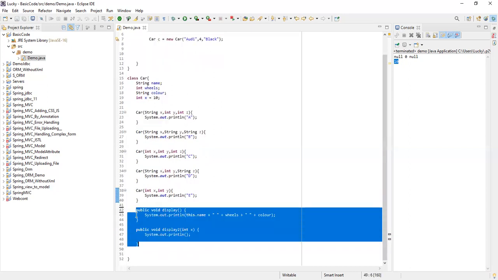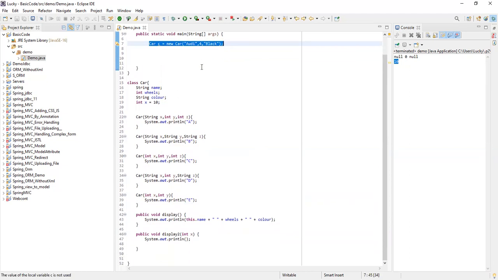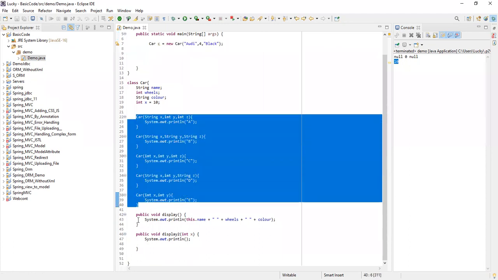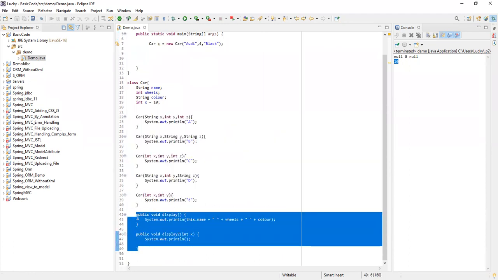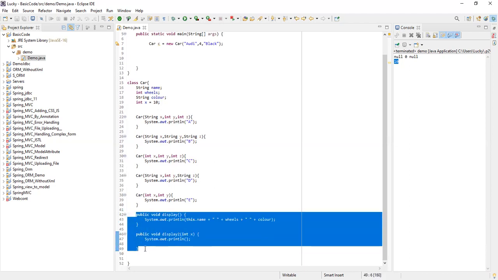So first of all, you will call the constructor. This is just constructor calling. This is creating an object. This is your constructor, and this is your method. Now, when we use a method, when I want code reusability,